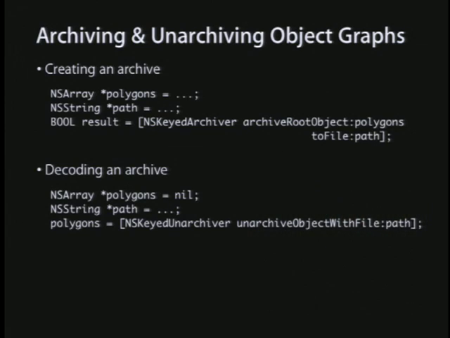Similarly, to unarchive it, you just do it in reverse. You say NSKeyedUnarchiver unarchiveObjectWithFile path. And that gives you the root object that you saved out up here, instantiated again by calling all the initWithCoder methods recursively. And does it make sense how, if in your root object you have a property that you say,